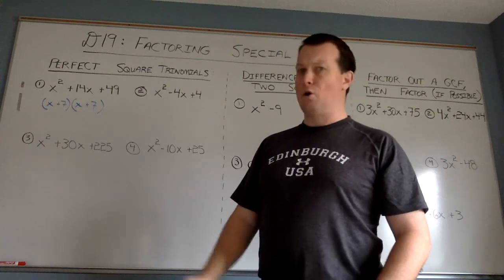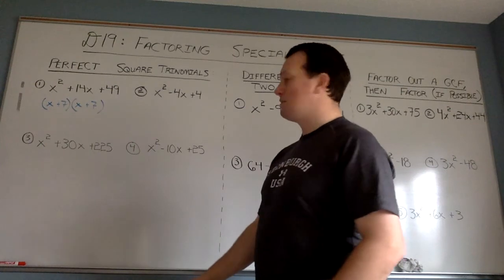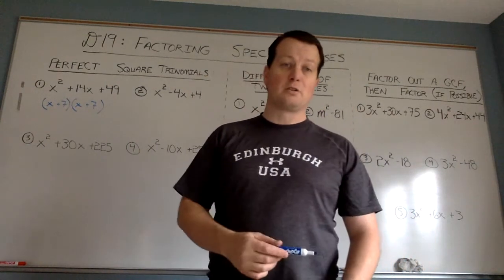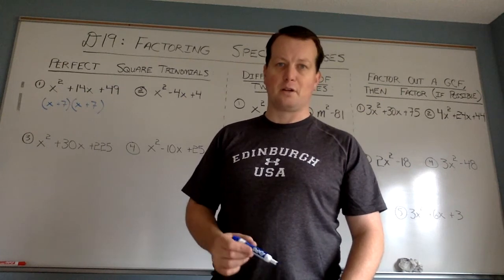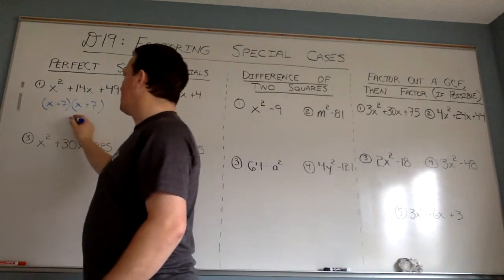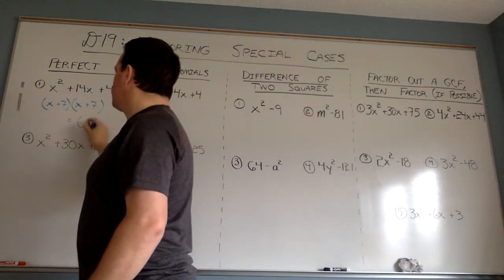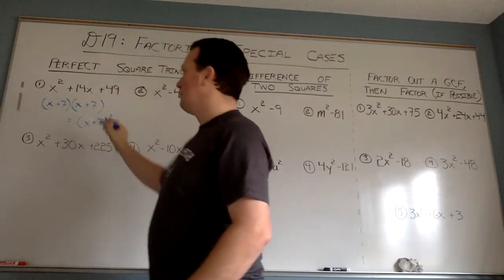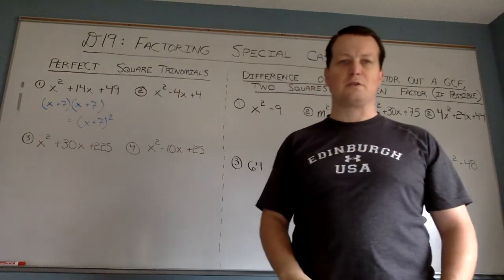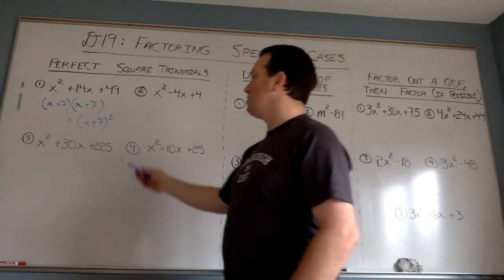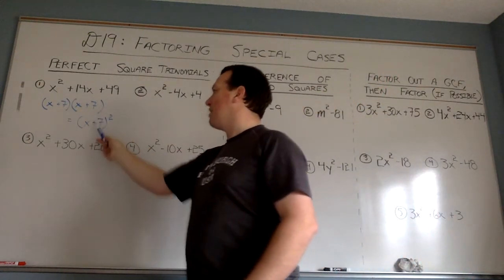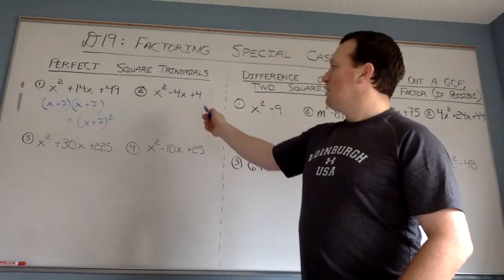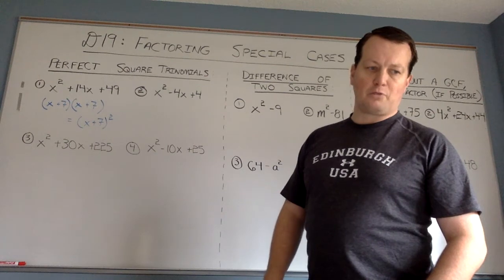Some people just say, oh, well, it's x plus 7 times itself. So, yeah, of course, if you want to multiply something by itself, you can definitely square it. So another way you could write this is x plus 7 squared. You don't have to, but we are just showing you here this type of special case. When you multiply a binomial by itself, you could write it as that binomial squared. So the following three, you're going to look for